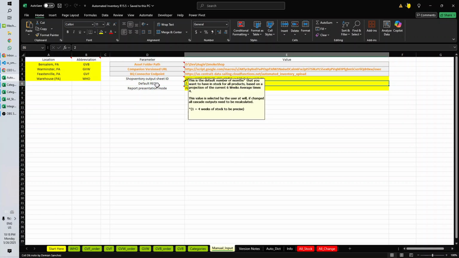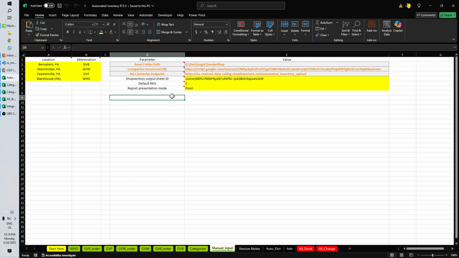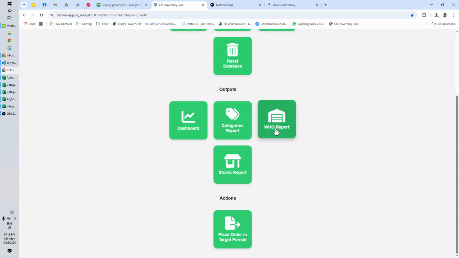So I know that in the sheet you showed me, you want this to be 2 numbers. One is when to order, when you have less than this amount of time, and then how much time to order, and that we're going to have general values for that initially. This is the way that we would like the output to work in the stores report if we make it, and the warehouse report. In this case, we're not going to require creating one after the other in order. Any button we press is going to provide us with the appropriate results,